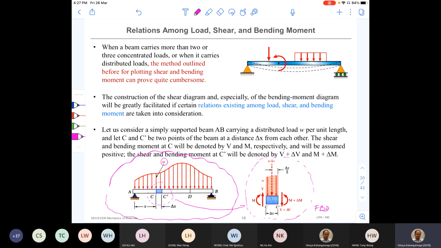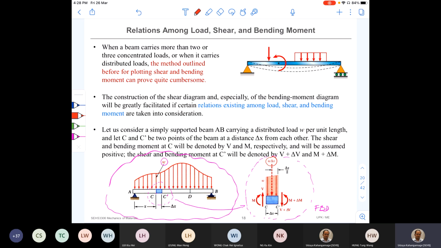And see how we can draw our free body diagram here. Since delta X is very small, and I said that at point C the intensity of the load is W, at C prime we can assume that it is still W. It may be a little bit higher or lower, but since delta X is very small, it is W, right? And therefore the load distribution is rectangular, and the equivalent load we can calculate as W into